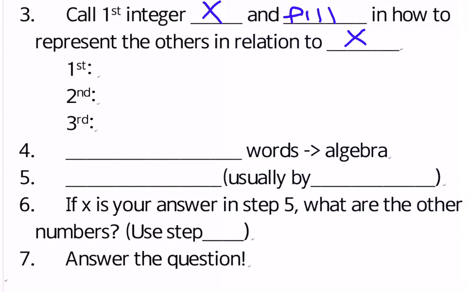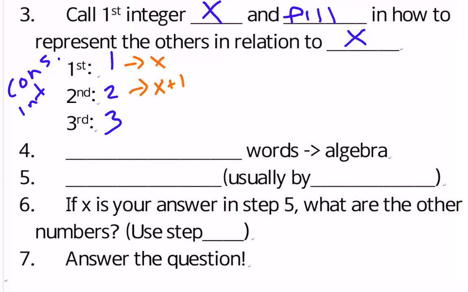So we'll write down, let's say we're doing consecutive integers. My example would be, let's say 1, 2, 3. So then as I write it in terms of x, if 1 is x, then 2 would be x plus 1, and 3 would be x plus 2. So once again, that's if I just had consecutive integers. That's what I'm talking about writing down. Then, like we did last time, we're going to translate,